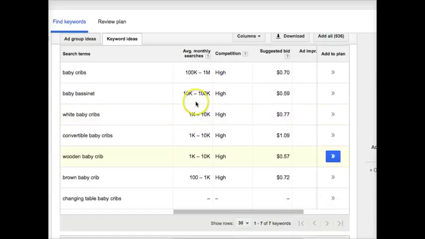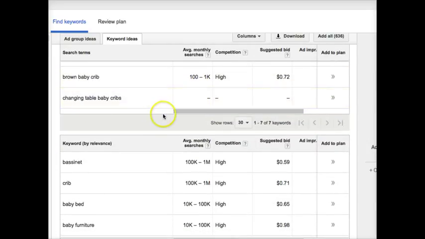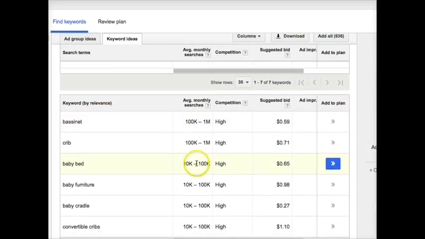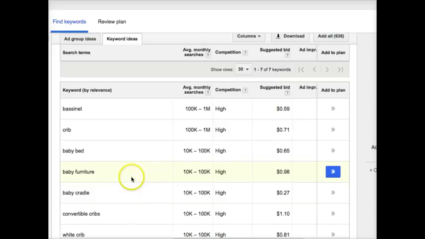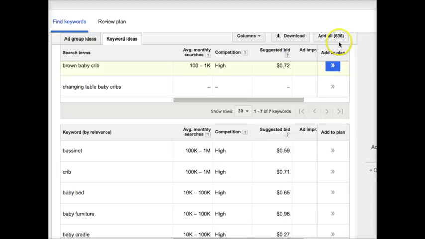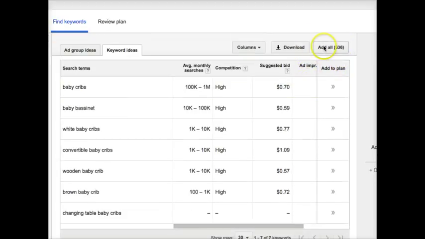All right, so as we scroll down below this top section, here's a bunch of other keywords that Google has put in saying, hey, we think these might be relevant to what you're searching for. If you look right up here at the top in these buttons, we've got columns, download, and add all. This is if we wanted to add it to a campaign or an ad group or something. So we don't need that, but we can see that Google has 636 keyword phrases available for us. So there's quite a bit of data that might be relevant to what we're searching for. So what we want to do is download that. So we would come in here and click download.